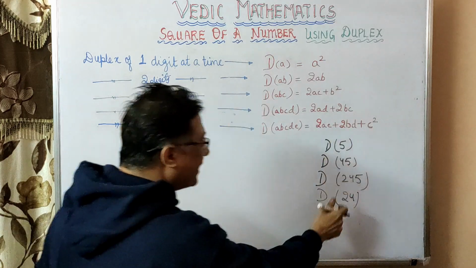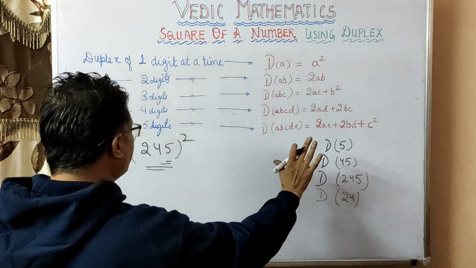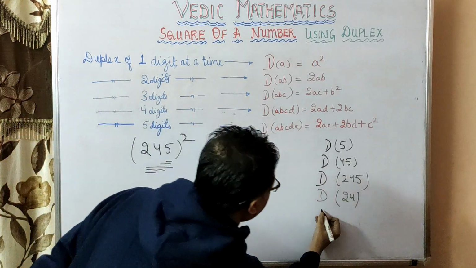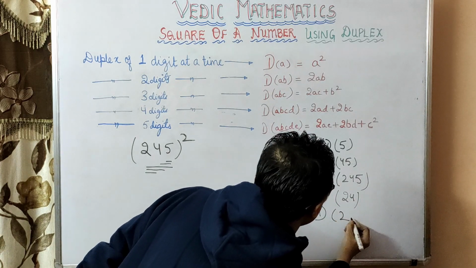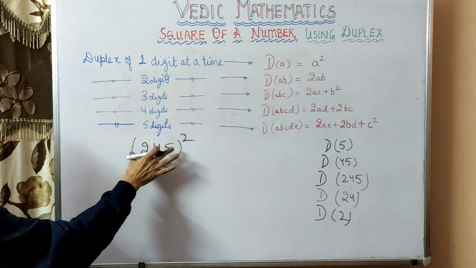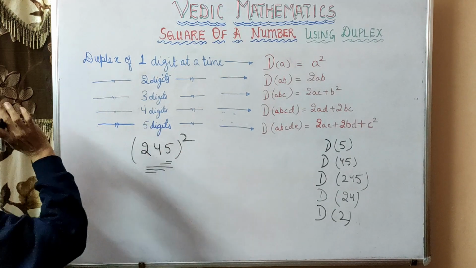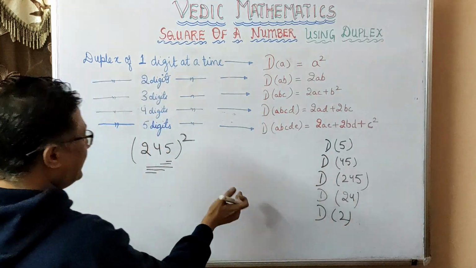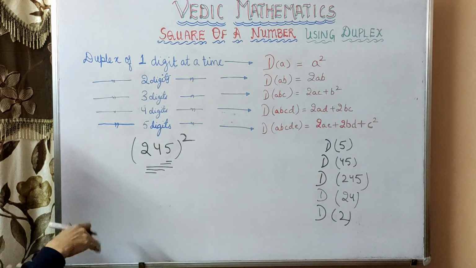All this you have to do mentally. You don't need to write it down or anything. This is just for your understanding purposes. And then leave 4, only the duplex of 2. These are the steps that you have to do, and as you can see, you can just remember them. First 5, then 45, then 245, then leave 5, 24, then leave 4 also, 2. So this is 1, 2, 3, 4, 5, and now we will calculate these mentally. Just write them down here and we'll get our answer.